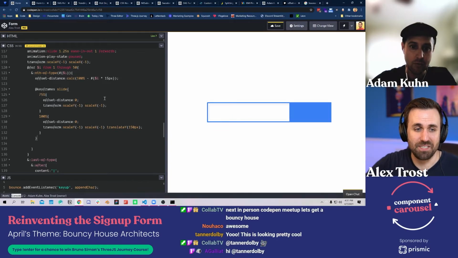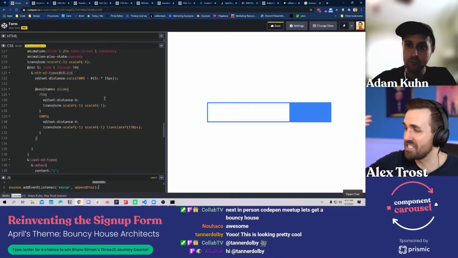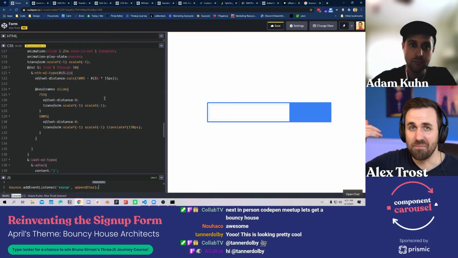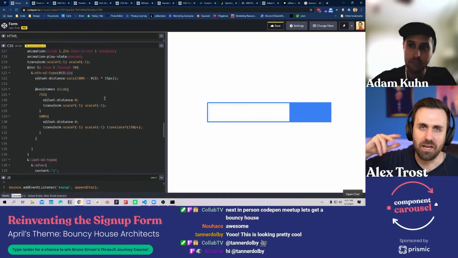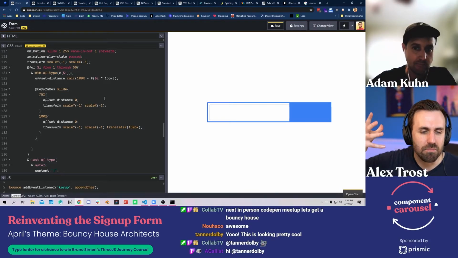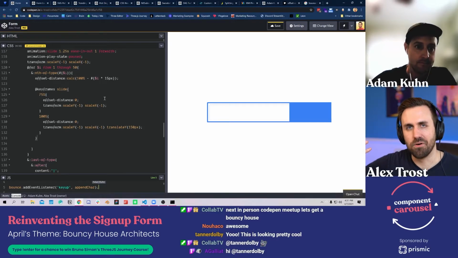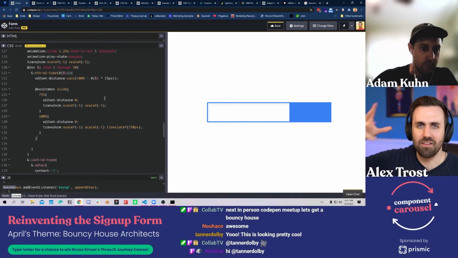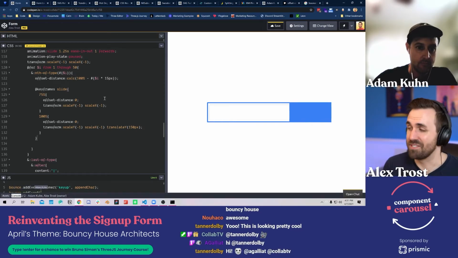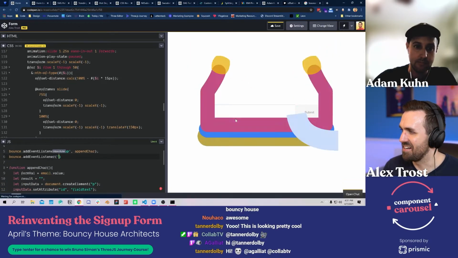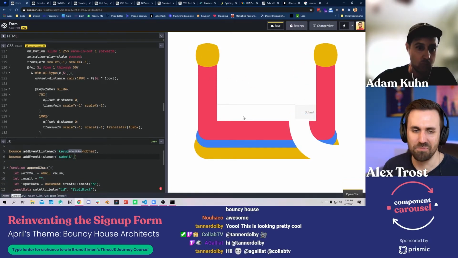That's the entire concept, and I told Adam, whatever component you want to transform from a plain boring component, whether it's a team component or a pricing component or any of those on standard sites. Adam, master of forms, wanted to go with that, so that's what we are building out today. He's showing us how he does it, and we got this cool bouncy house form.